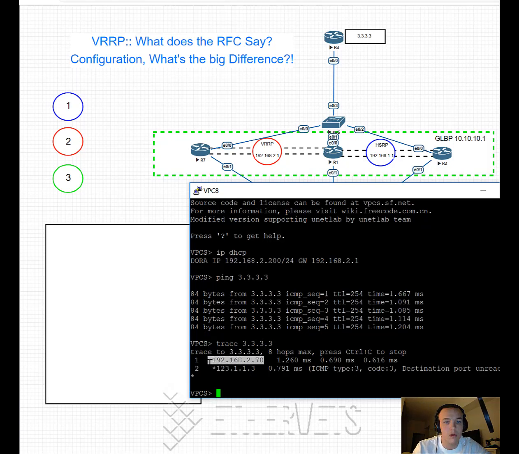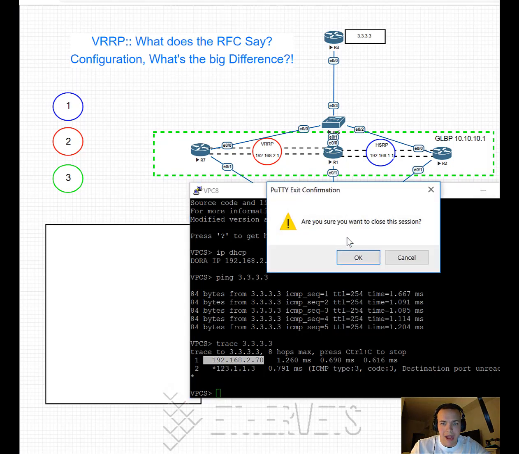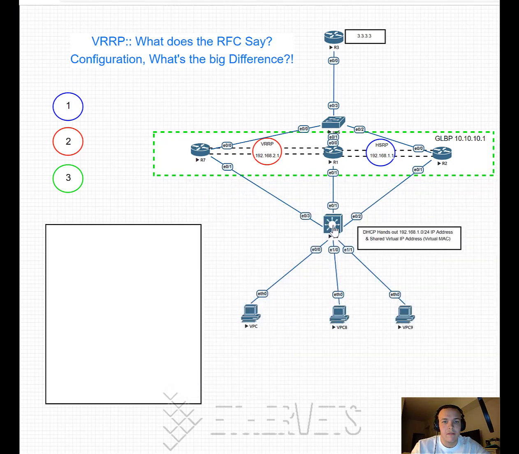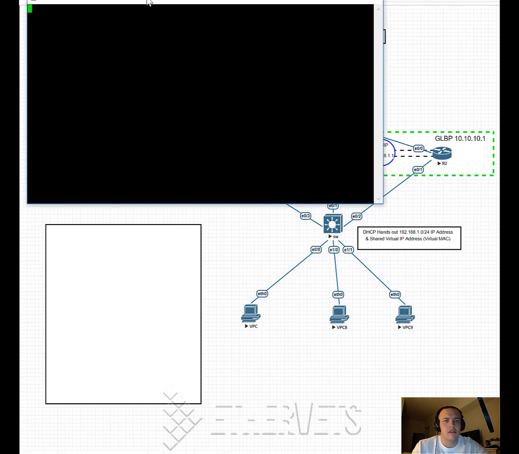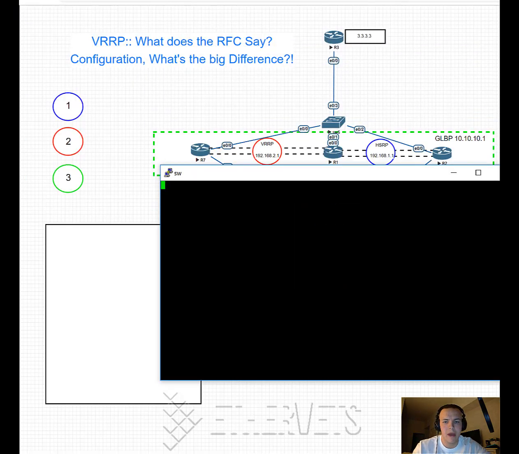There's the local IP of router 7 right there, and I want to get in here. Now that we know that that packet flow is actually going to router 7, I want to show you guys what happens in the switch. So obviously, if that packet is going to the switch, and the only packets for VRRP that's coming from router 7, right? So what happens is when the router 7 decides to own that 2.1 address, it's actually sending a gratuitous ARP out for it, right? But what happens is,